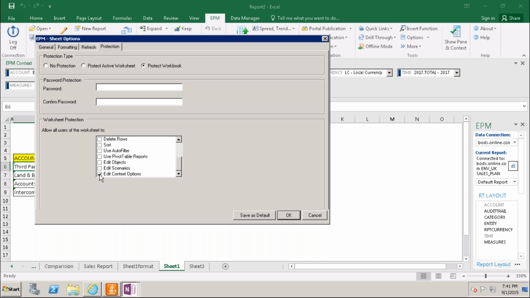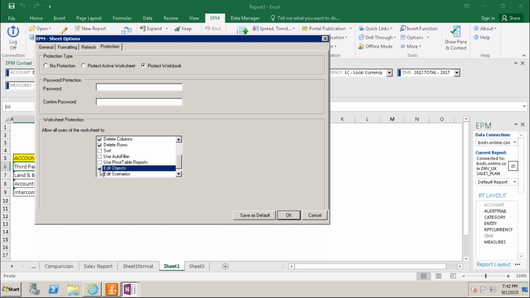So the context, edit context options are there here. Protection one, and this you can check, basically the format cells, format columns, and delete columns, delete rows, and use auto filter, edit objects.